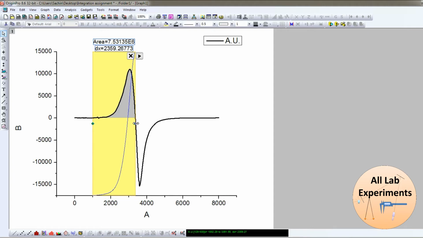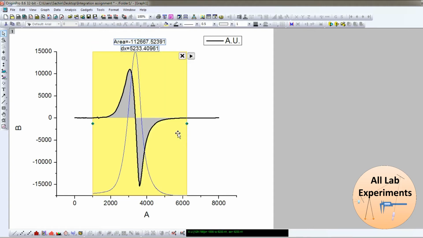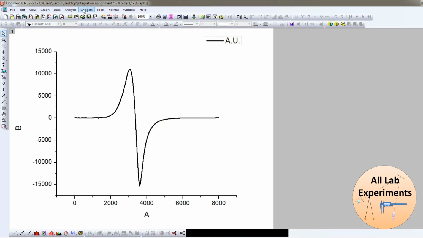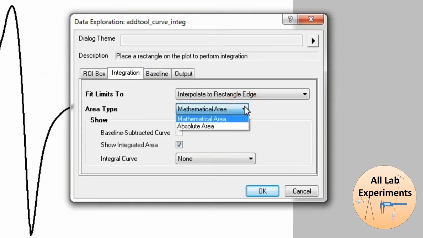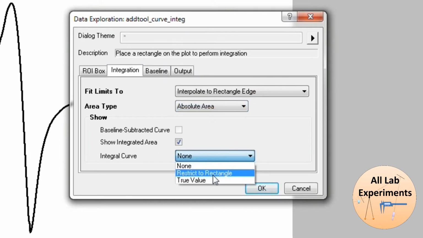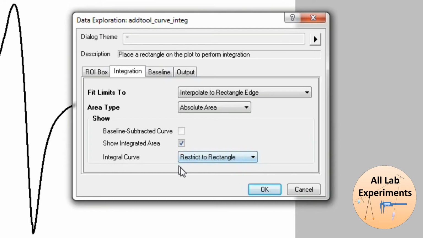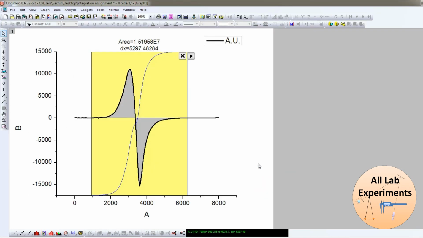Similarly, if I want the area of the lower part only, then I can shift its edges and find the area of the lower part only. In this case, the area of the lower part is minus 7.64 into 10 to the power 6. If instead of mathematical area I choose absolute area and also want to look at the integration curve, in that case if I press OK, this is the curve.